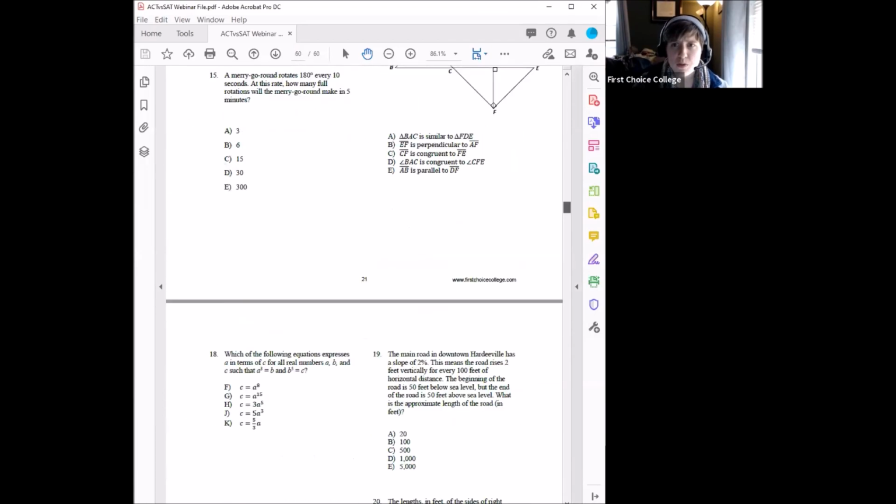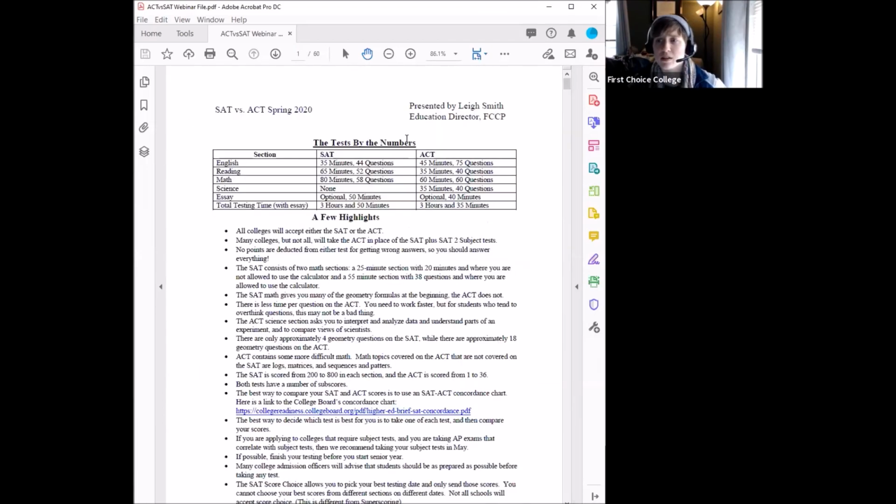So I think that pretty much wraps up everything that I specifically want to talk about regarding the differences between the two tests. Hopefully you have a sense of what the differences are and what you can expect on both, which is for normal years, just the structural differences. But like I said at the beginning, some of the decisions this year may be made just based on options and what's available. And so hopefully what's out there is now a little bit clearer.